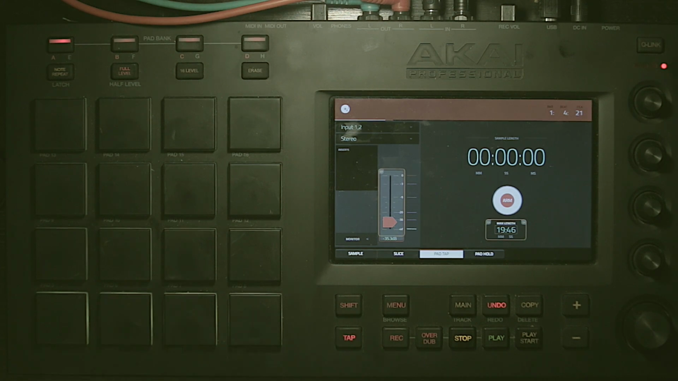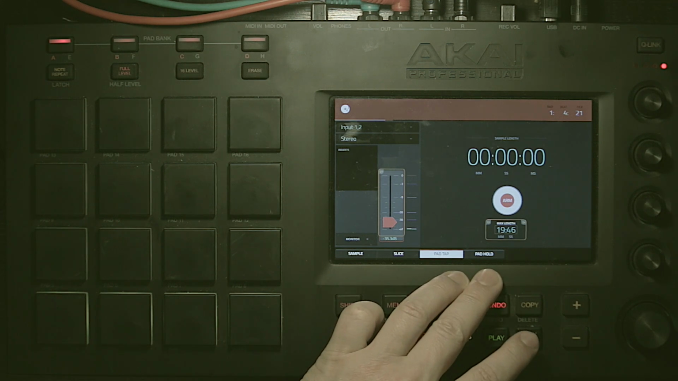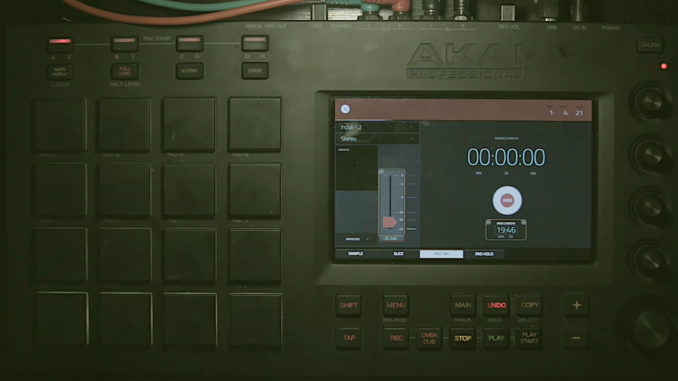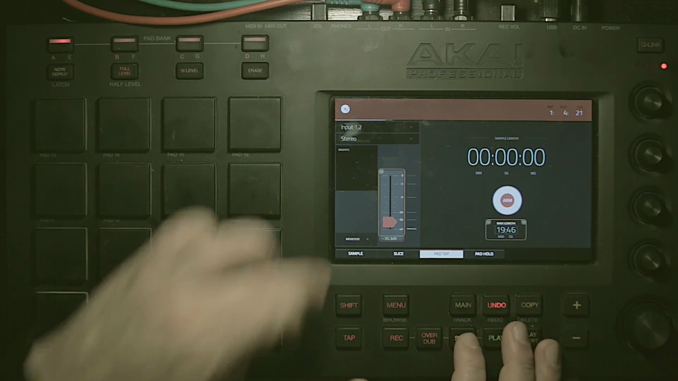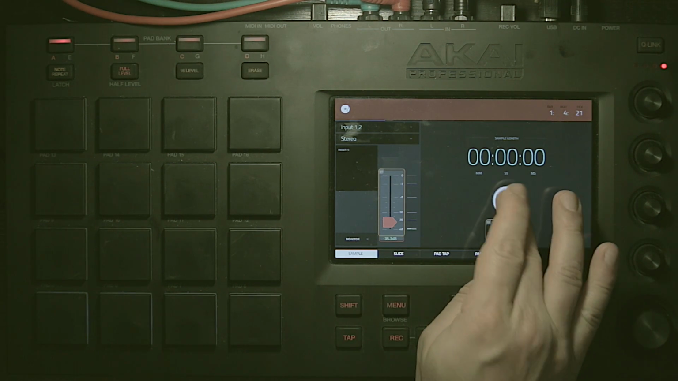So today I have another tutorial for you. Pad tap and pad hold allow you to sample straight to a pad, so you don't need to go through all that recording stuff that you do with the sample and the slice, right? So when you sample something